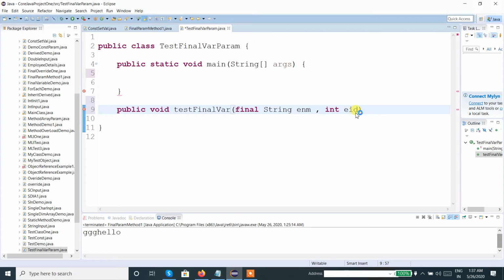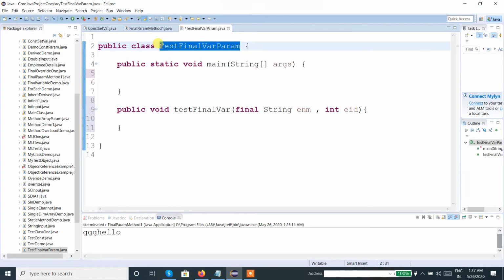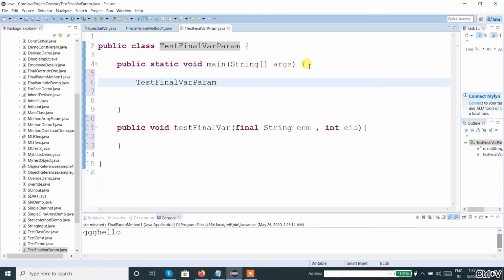Okay, fine. Now, to execute the method we need to create the object for test final variable param, because this is the class where we define the method.